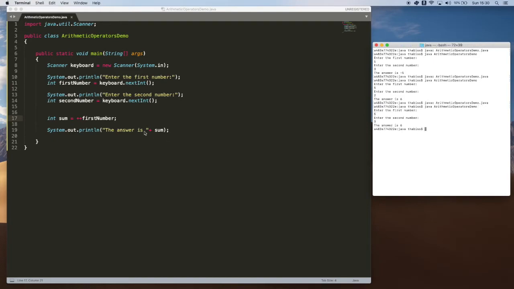Now there is a catch on doing this. If you put the plus in front of this number, what's going to happen is that it's going to assign sum to first number first before it adds the 1 to first number. So you're going to get a 5 if your first number is 5. Let us just demo that. Okay, so be careful when you use these unary operators. They may make you get something that you don't want, and it's going to be troublesome. It's just going to work, no exception, but it's going to give you an answer that you do not want. Okay, I'm going to do this for you, and then now I'm going to run it,